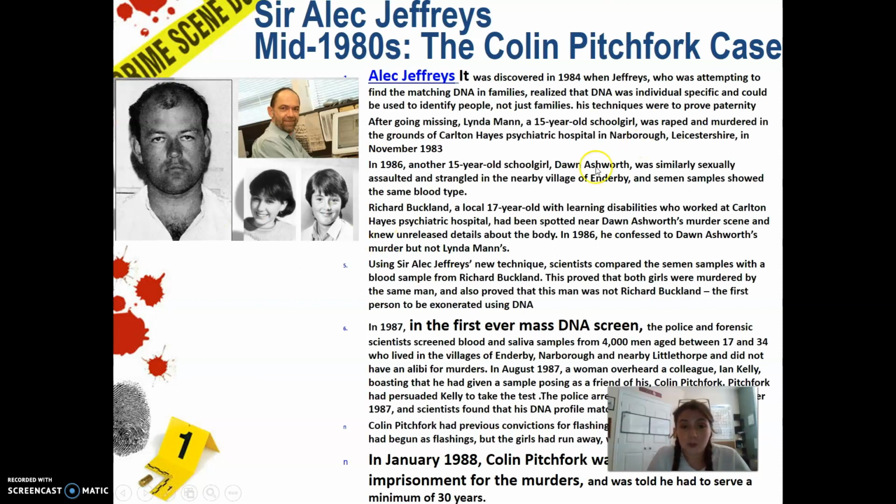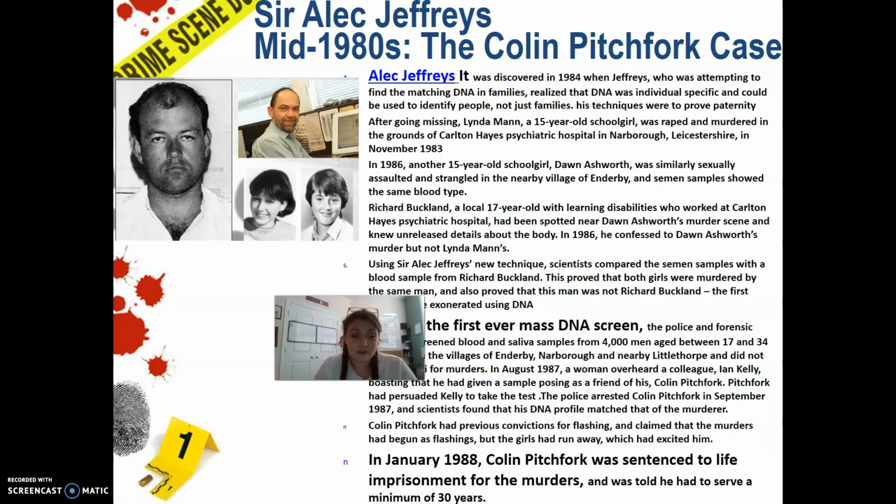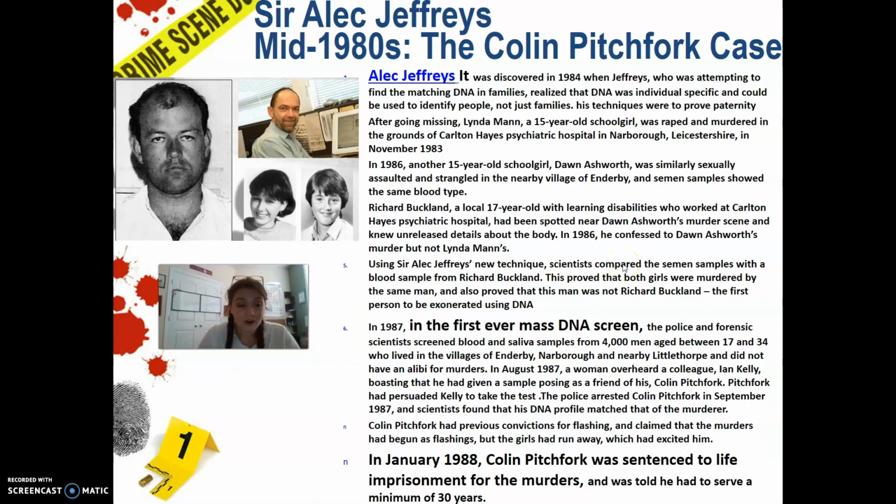And then our last really important science guy for getting us into the now is Sir Alec Jeffreys. In the mid-80s is when he began his work on DNA. I know a lot of us today just think that we can find DNA everywhere, and it was always a thing, but it really did not become possible until 1990, the first year that we used it in a crime case. So that was 30 years ago. It was not long ago at all that we even began to use it.